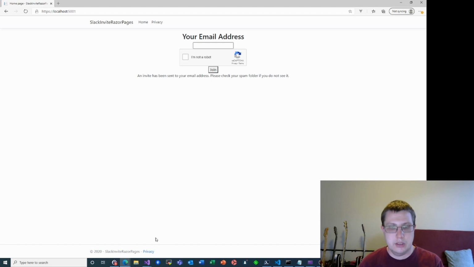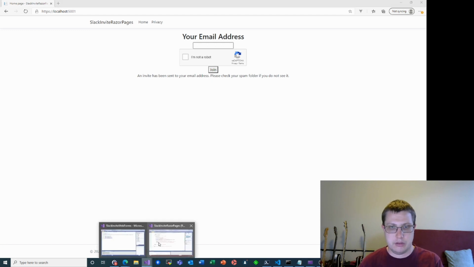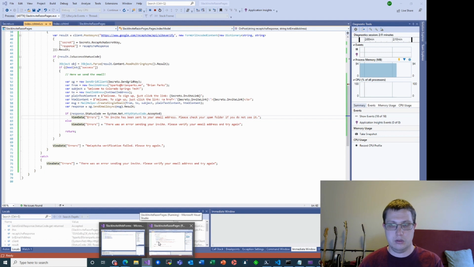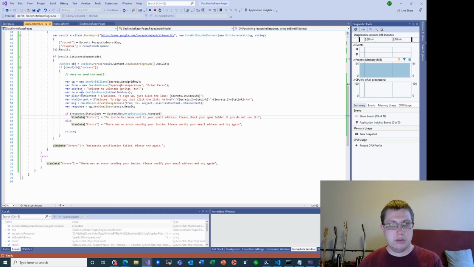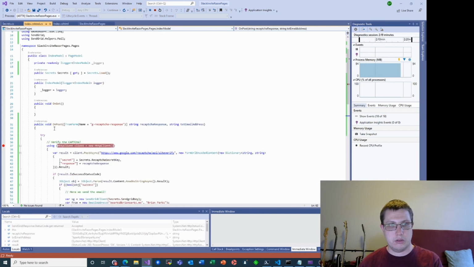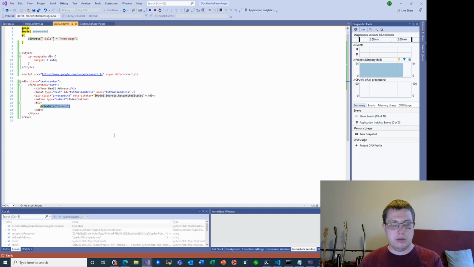So, pretty straightforward. Really not that much difference as far as code layout is concerned, I would say. You still have the handling of the post. Basically, instead of having a button handler, you have the on post. But that does mean that your index.cshtml is just plain HTML. There's no fancy tags or anything crazy like that. This example didn't show it, but that also means that you can do